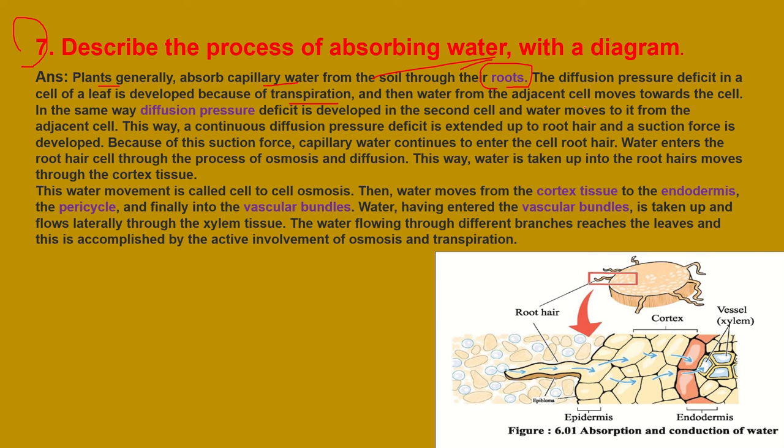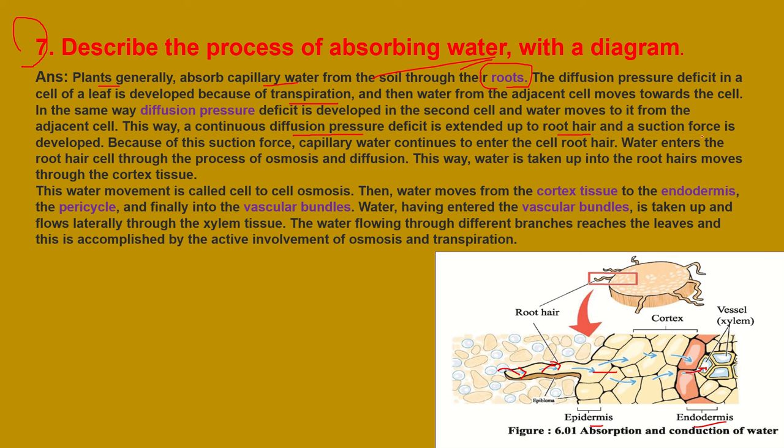Then water is drawn from the adjacent cell. So if you see here, this is the root. Water goes this way, and it goes inside the cell. So here is the epidermis, endodermis. This is the xylem here. So finally it reaches here. So what's the process? A continuous diffusion pressure deficit is extended up to the root here,